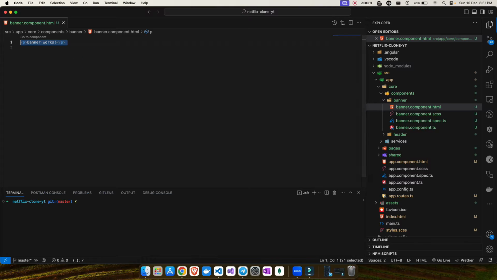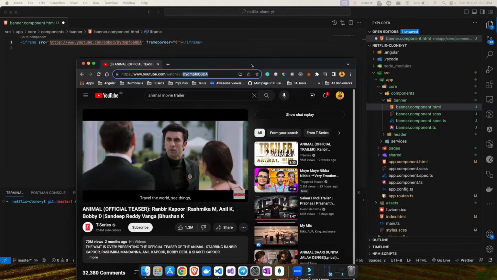So first let's create the iframe thing. So I will have my iframe here, and in this SRC I will make use of a YouTube video URL. So basically you will require a URL like this, where you have http://www.google.com/embed, and after this you need to pass in the ID of a video. Like suppose you have a trailer, so for an example, I can give an example, right? For example, I want to show this trailer, right?